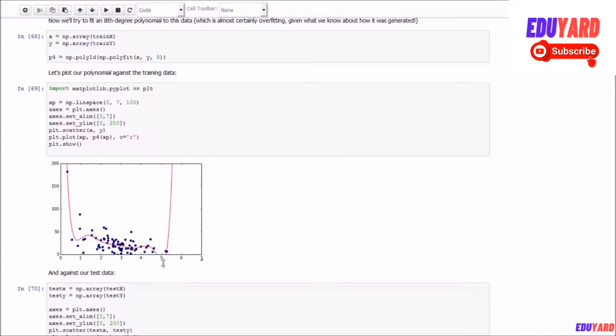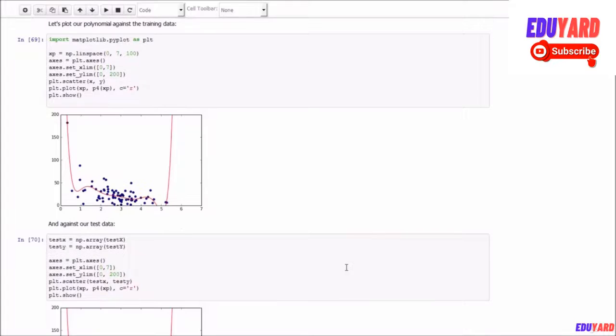What's this craziness out here? I'm pretty sure if we had data out here it would not be crazy high, as this function would imply. So this is a great example of overfitting your data. It fits the data you gave it very well, but it would do a terrible job of predicting new values beyond this point.